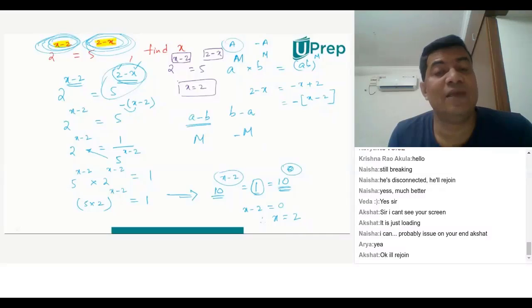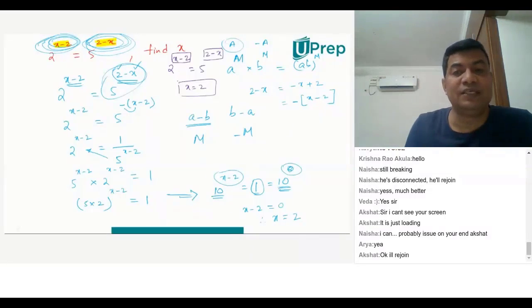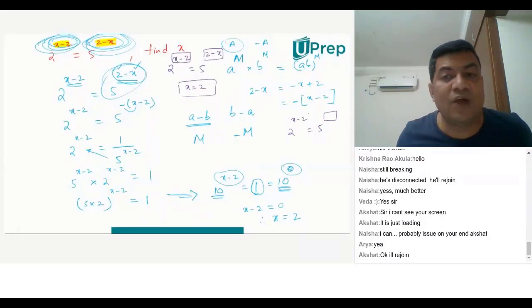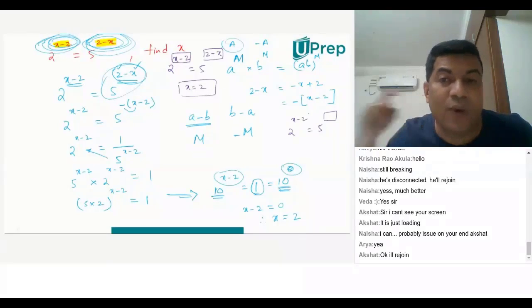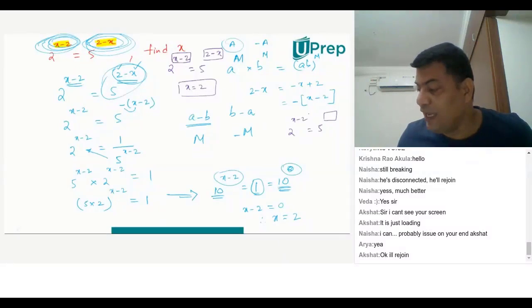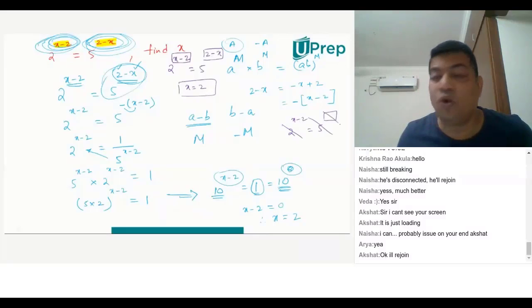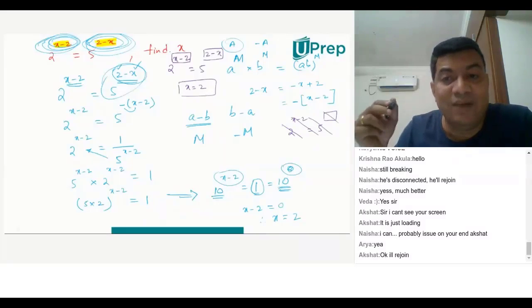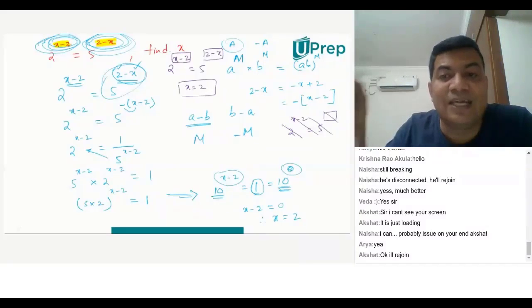But that is not the case everywhere. For example, if the question were 2 power x minus 2 is equal to some other power, say 5 power something else, it wouldn't have been possible in that case. And to solve such problems, you require logarithms. So let's not discuss the problems which are not of your level, your class 8th standard.